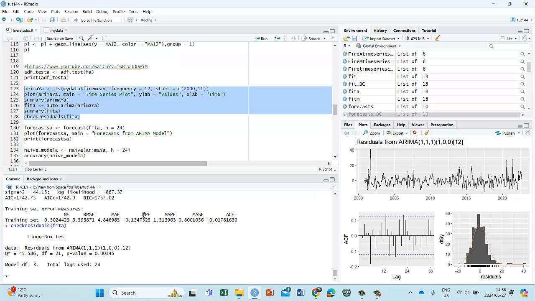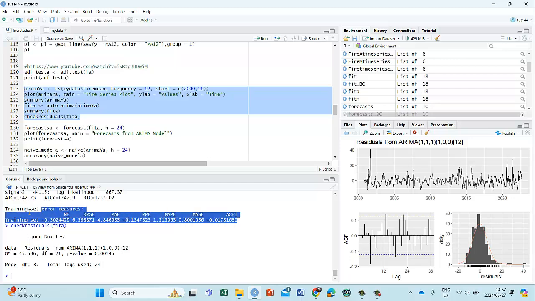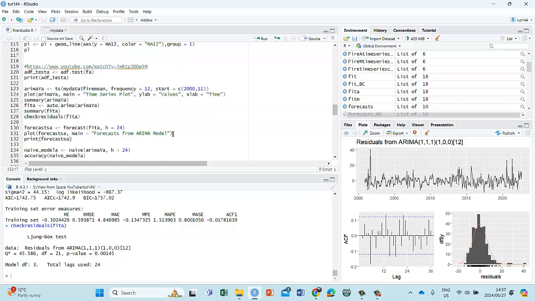mean percentage error, mean absolute percentage error, mean absolute scaled error, I can't remember exactly, and this is autocorrelation. Anyway, these are all measurements of the forecasting error, because remember what we're doing, we're forecasting. By the way, we can do a 2-year forecast,